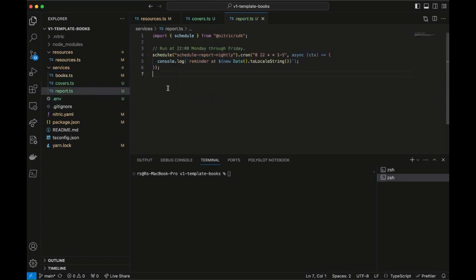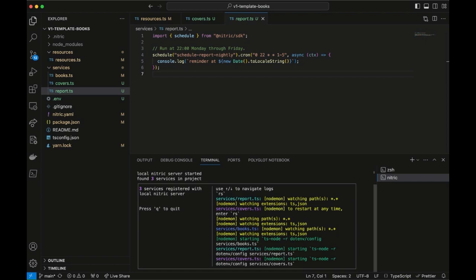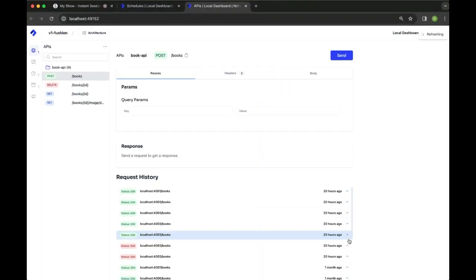We also have a scheduled service to handle reporting on a daily basis. Our project is already ready to test out, so let's run the Nitric start command. The dashboard will automatically update each time the developer makes a change to their code, allowing them to rapidly iterate